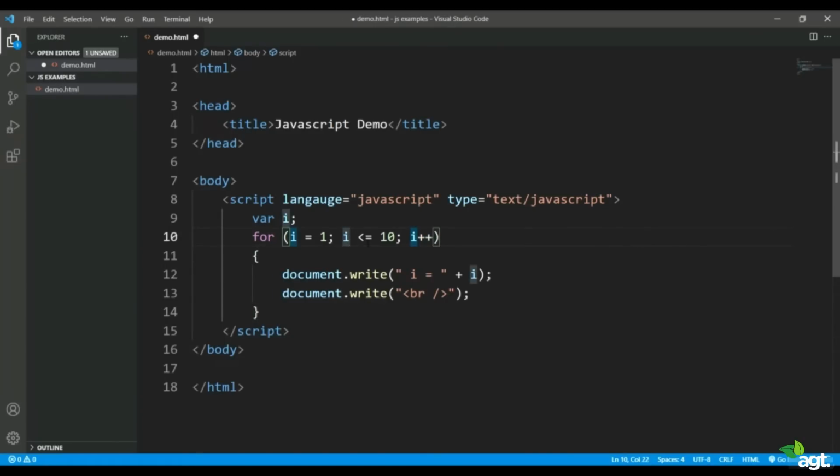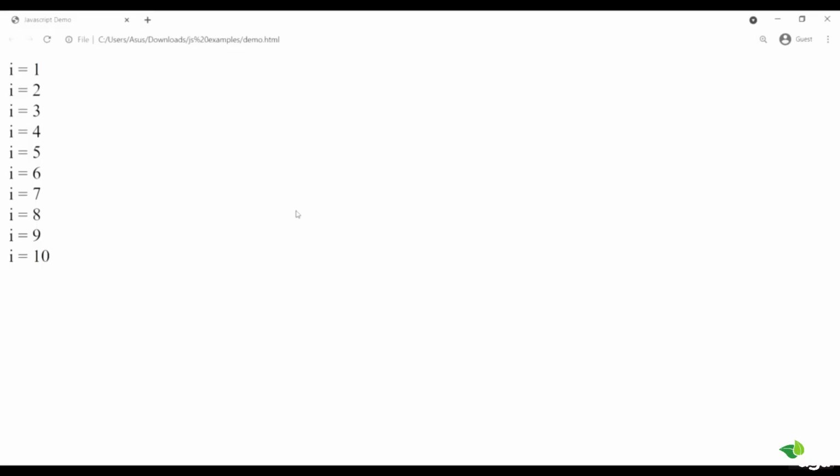loop we will check the condition, and this process will keep on going until the condition is no longer satisfied. As soon as the condition is false, this loop will get terminated. So let's see the output of this program. As you can see here, i is equal to 1, 2, 3, 4, 5, 6, 7, 8, 9 and